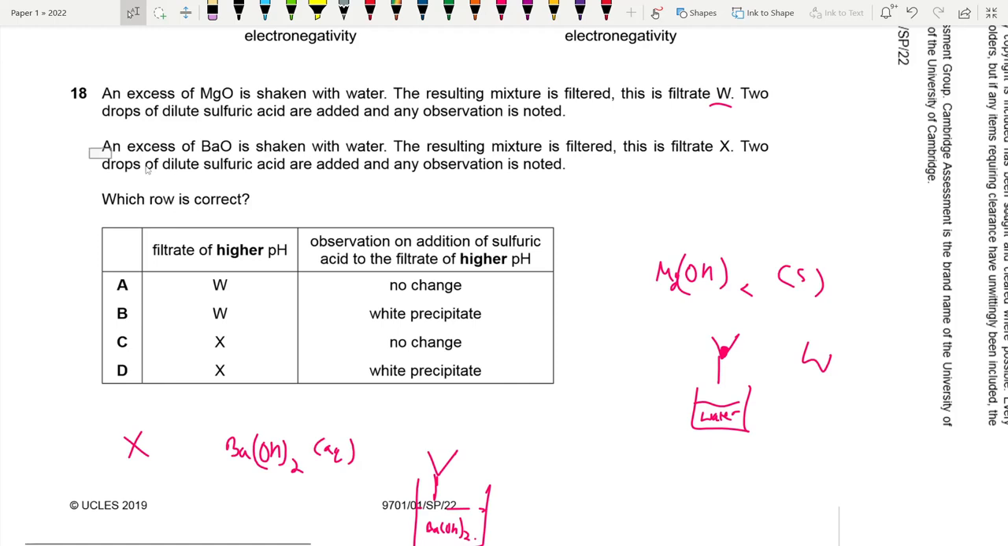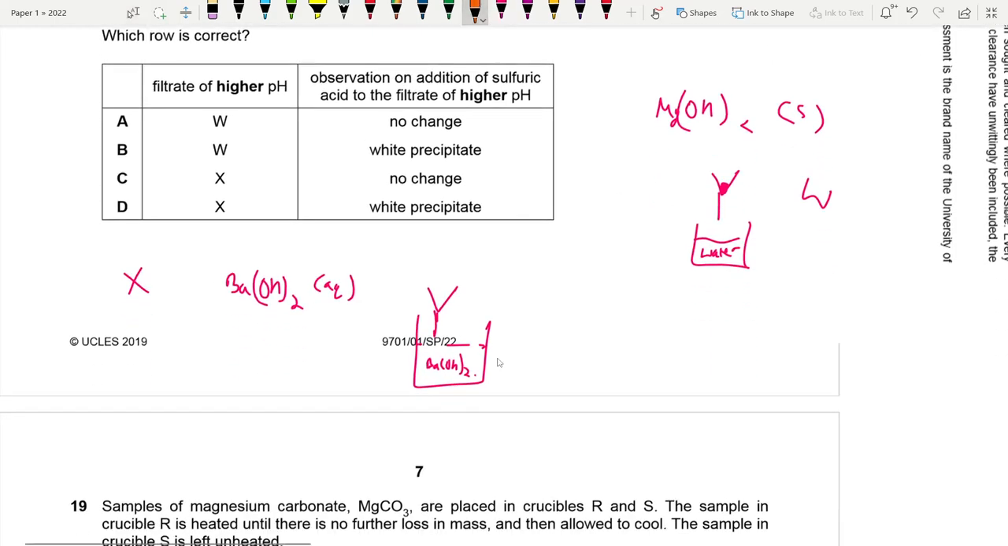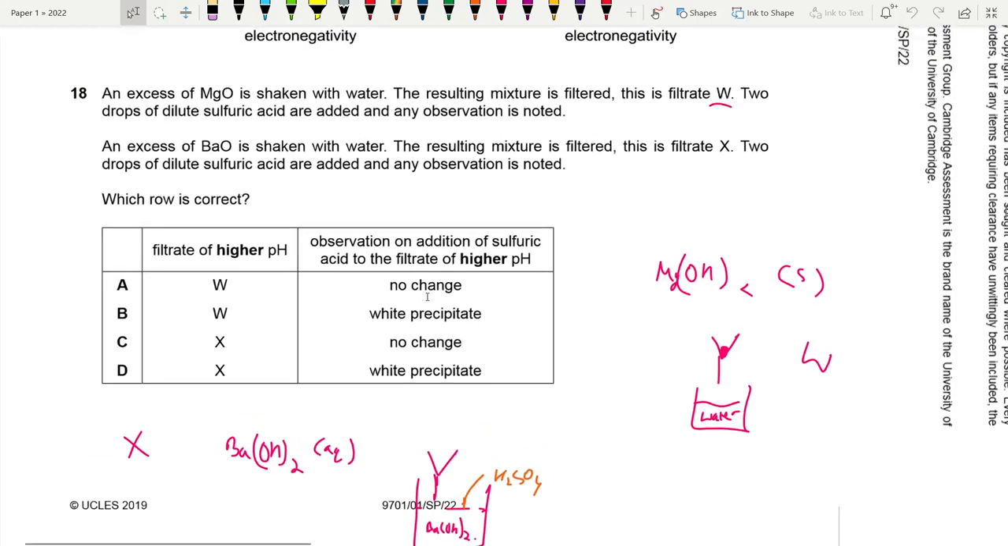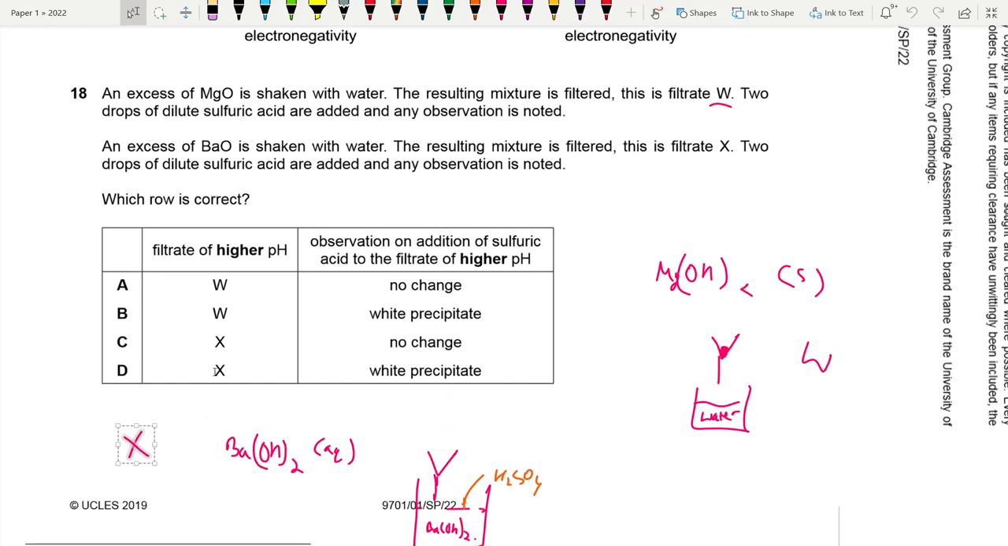So 2 drops of dilute sulfuric acid are added and any observation is noted. If you add sulfuric acid here now, H2SO4, you're going to get the white precipitate barium sulfate. So we are going to get a white precipitate for filtrate X. We're not going to get a white precipitate for filtrate W because